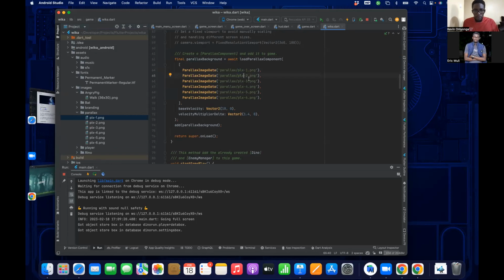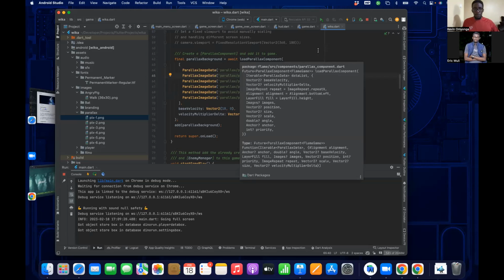It also helps to number them because unlike Unity, the resources are not numbered. Although I think Unity also doesn't number them for you. I think for some it numbers, but others doesn't. So yeah, those are some of the cons of using Flame, but if your game is simple enough, it's not something to worry about.